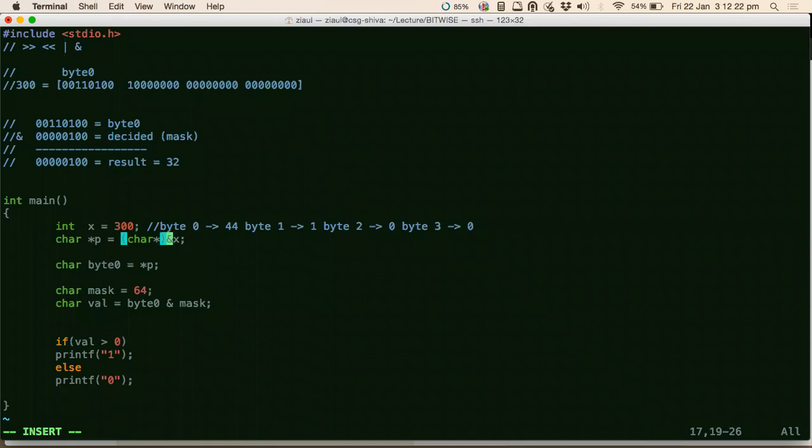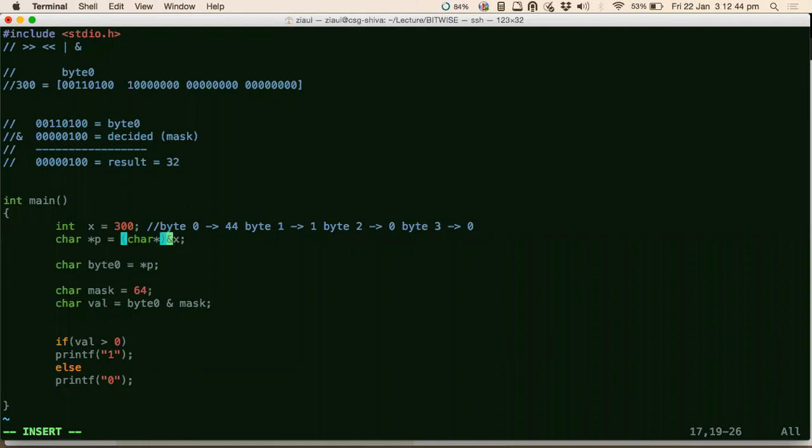But now you have modified that path. You have done some kind of alteration to it. Now whenever you say star p, that path is not going to fetch you all the 4 bytes. It will just fetch you the value of the first byte. Why? Because you have altered the path to be a character, not an integer.